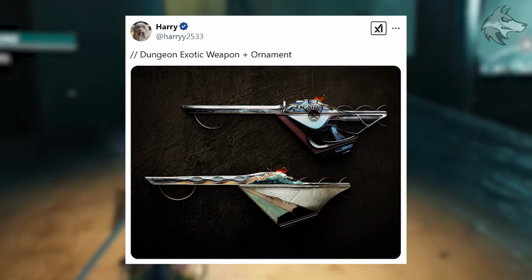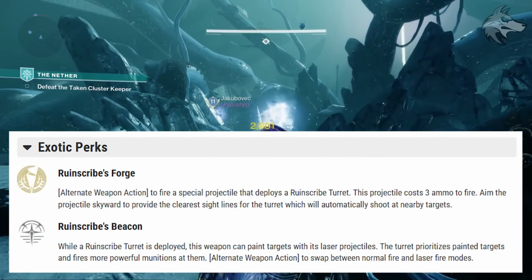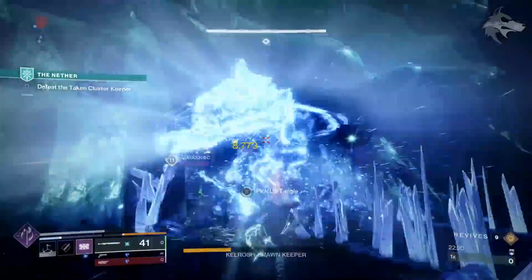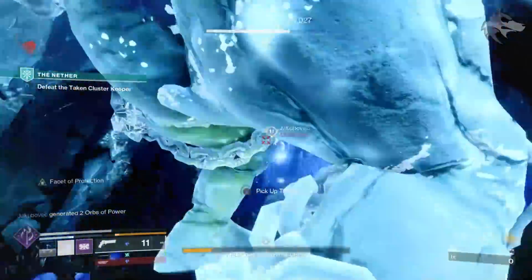Turns out the exotic perks for this one are actually visible in the database, interestingly, and there's Ruin Scribe's Forge, and you can activate the alternate weapon action to fire a special projectile that deploys a Ruin Scribe turret. This projectile costs 3 ammo to fire. Aim the projectile skyward to provide the clearest line of sight for the turret, which will automatically shoot at nearby